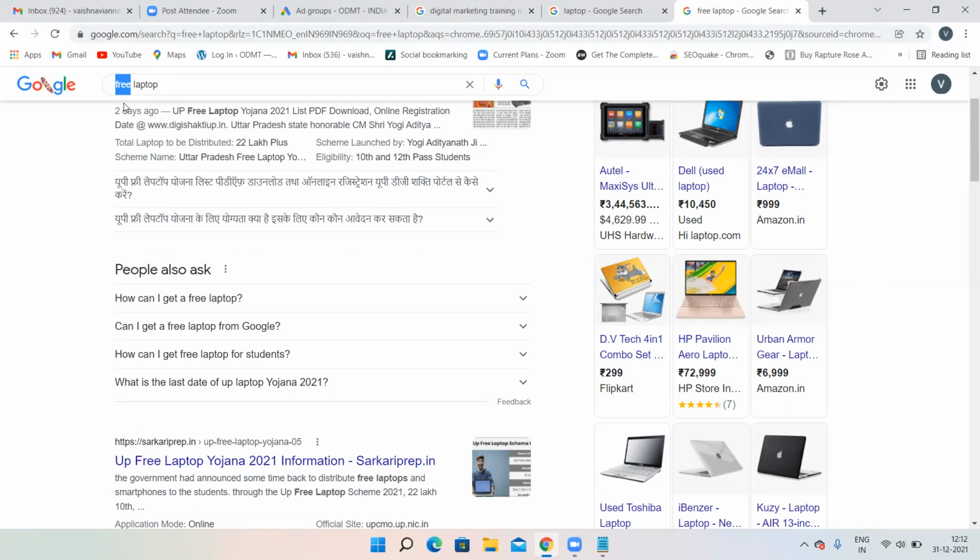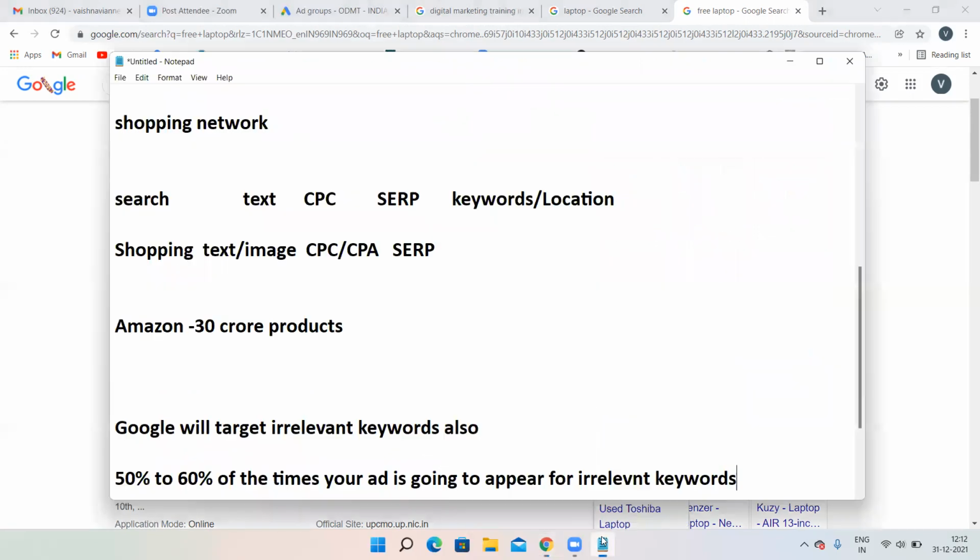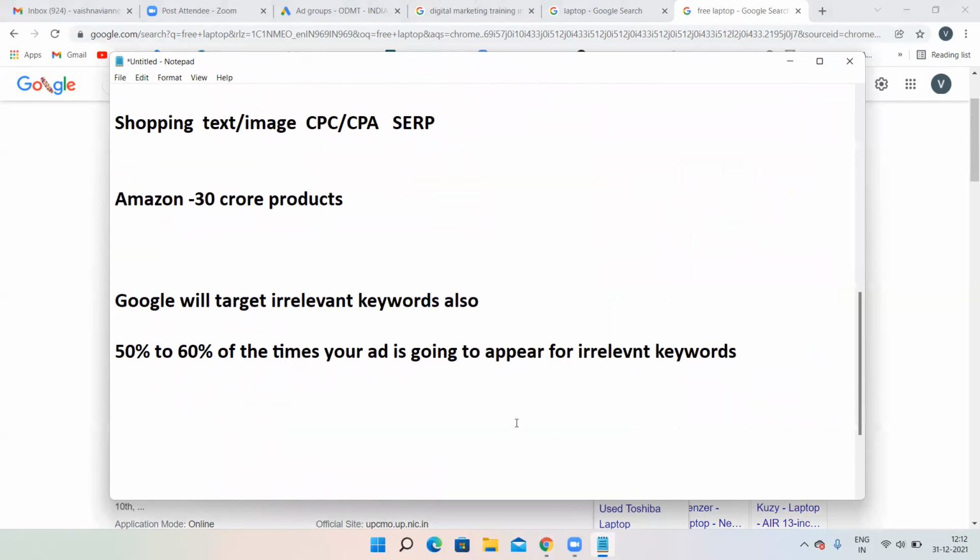So the job becomes really hectic over here, because 50 to 60% of the time Google is targeting irrelevant keywords. Then all those keywords you have to convert into negative keywords. Some e-commerce websites, that is companies, daily dump thousands of keywords into negative keywords. There is lots of hard work over here. Because of Google, you have to do lots of hard work. You have to convert so many keywords into negative keywords. I'll show you for OBS how many keywords we have turned into negative keywords. So the process is really hectic, and because of Google you have to turn so many keywords into negative keywords.